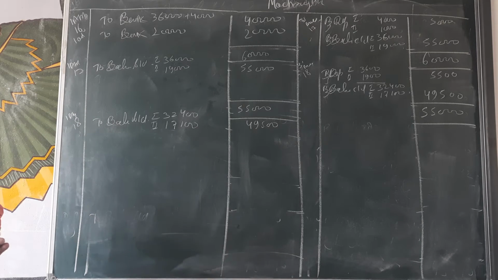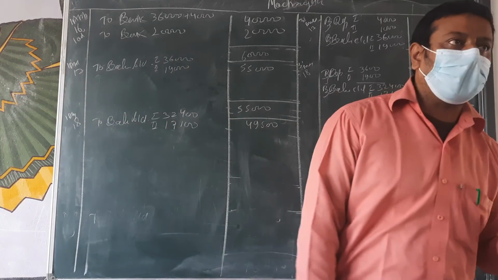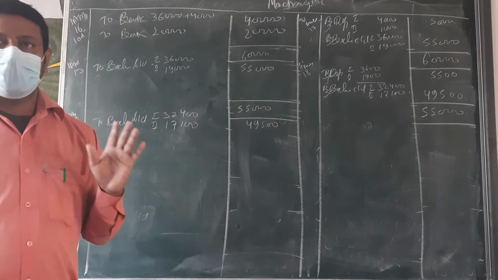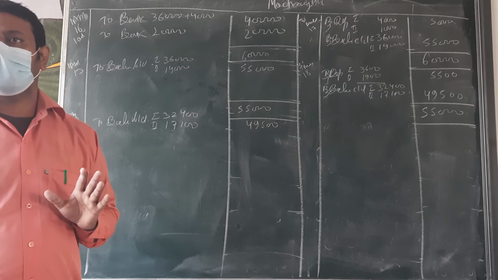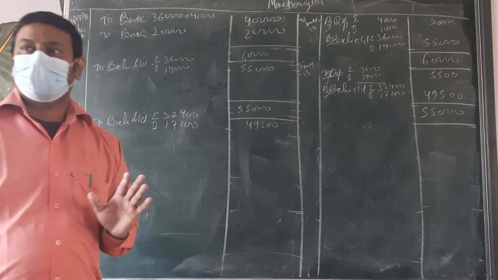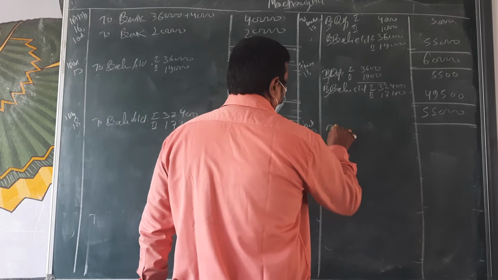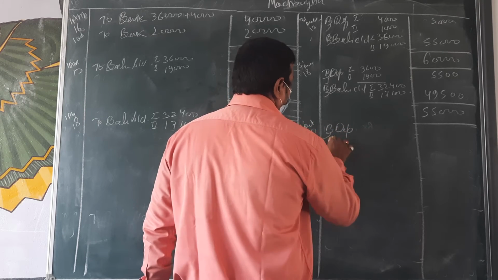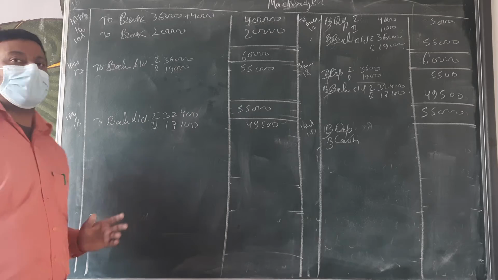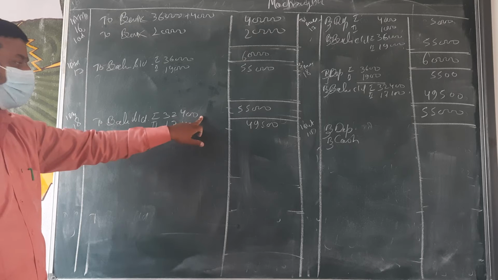Then start from 1st April 2018. April, May, June, July, August, September, October. Sell or purchase? Purchase. Sold. It means 1st October 2018. Then by first, by depreciation, and by cash or bank. Depreciation. Which machine are you going to sell? First machine. And first machine value is this.